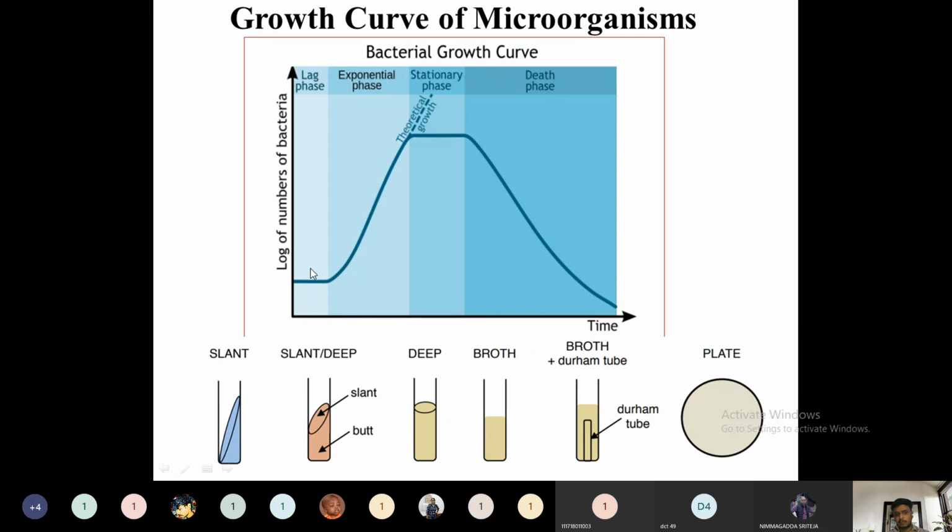So multiplication of number is not possible. They will not release from each other. This stage represents a period of active growth without cell division, and cells prepare for division. They are just yet preparing for the division of the cells. They are not at all divided. So after reaching the exponential phase only, the cells will be just able to divide themselves, just able to multiply